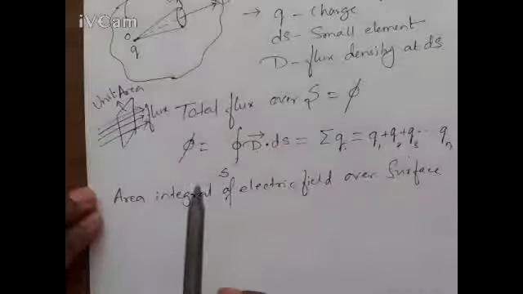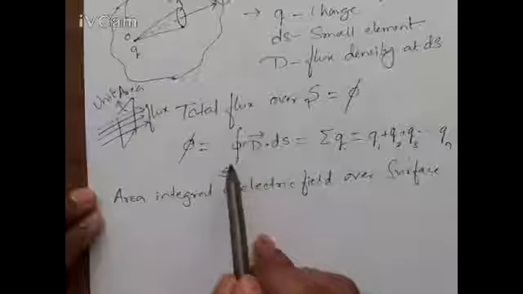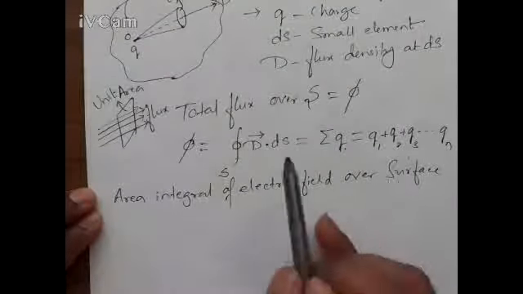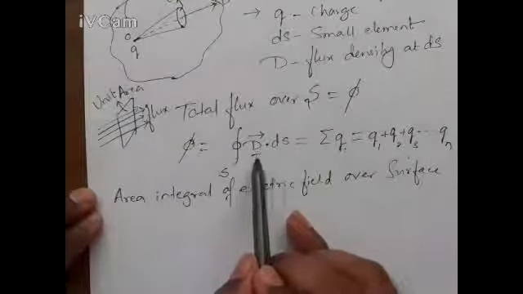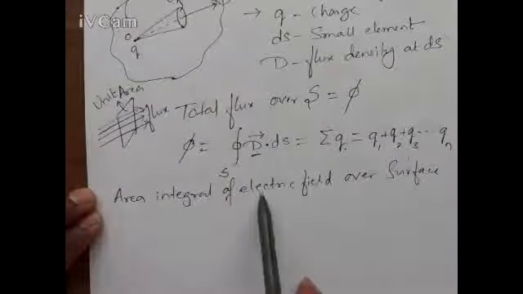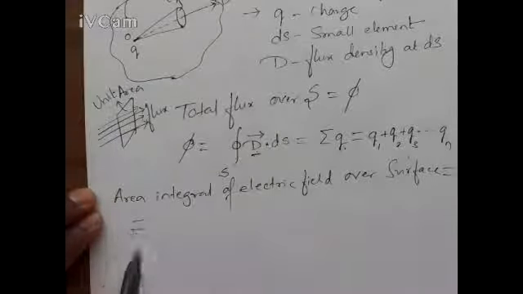I have converted this; this is areal integration, or area integral of the electric field over a surface. This is some field, that is the flux which is coming out. This is the field over the surface. The area integral of the electric field over a surface is equal to,